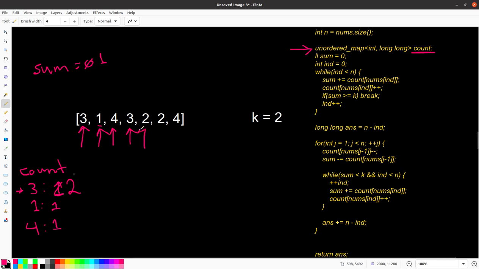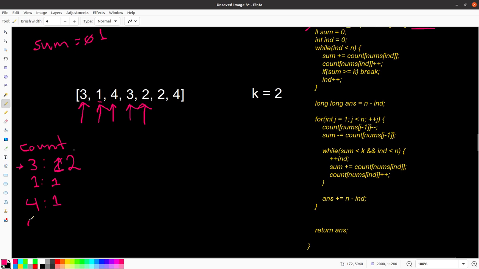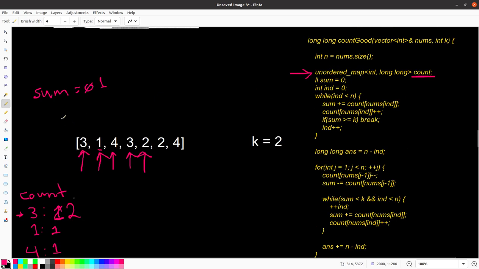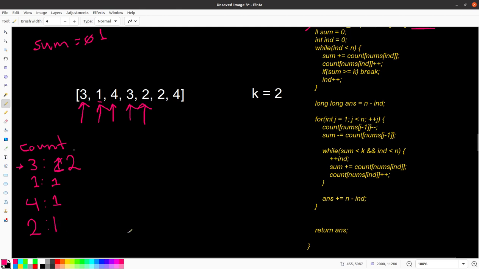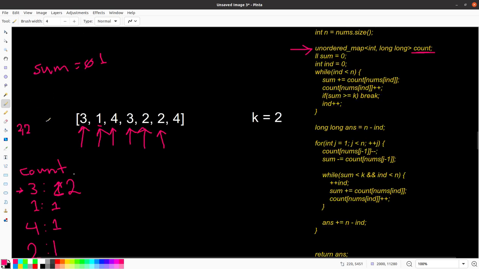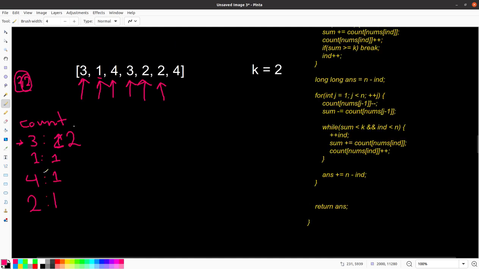Then we have 2. The number of 2s here is 0, so sum stays the same, and we increase the number of 2s in the dictionary, so now we have one 2. Then we move to the next one. Now we have 2, and we have in the dictionary one 2, and that means we can create 1 pair, 2 and 2, so we increase the sum by 1, and sum becomes 2, and